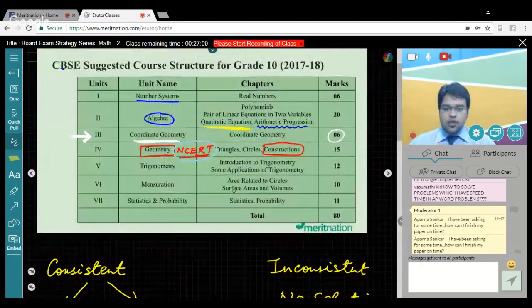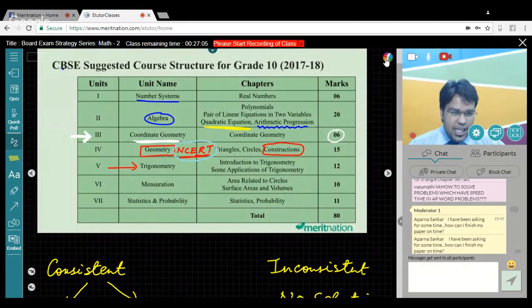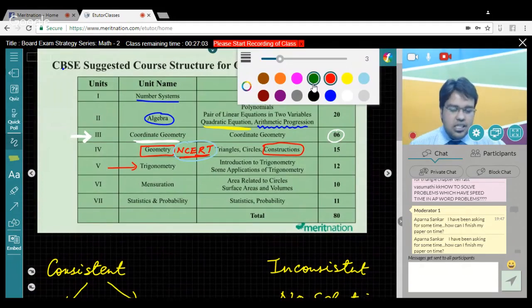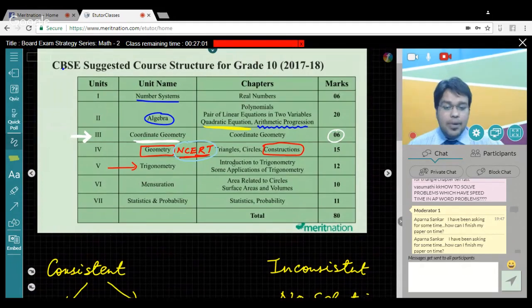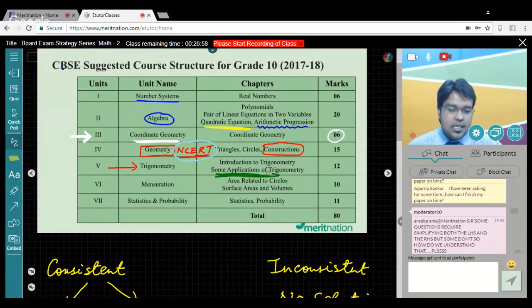So I guess you have some bit of idea about trigonometry as well. Please watch the last session as well. We had discussed many things about applications of trigonometry, the heights and distances. I had given you the true triangle method, right? I had discussed in detail the true triangle method. So make sure you go through that as well.